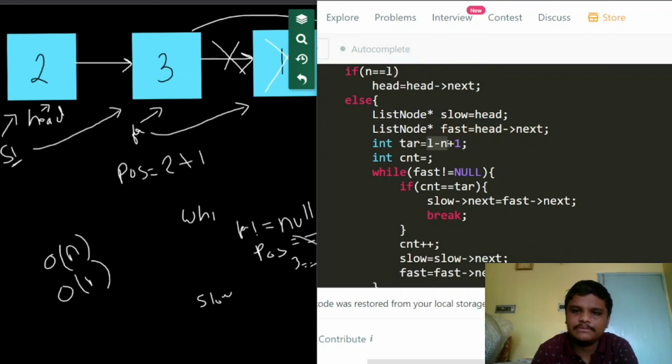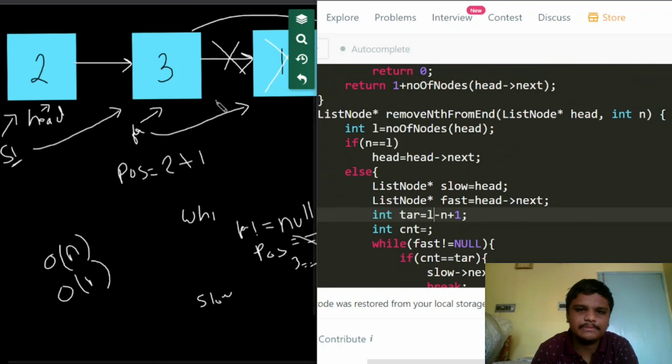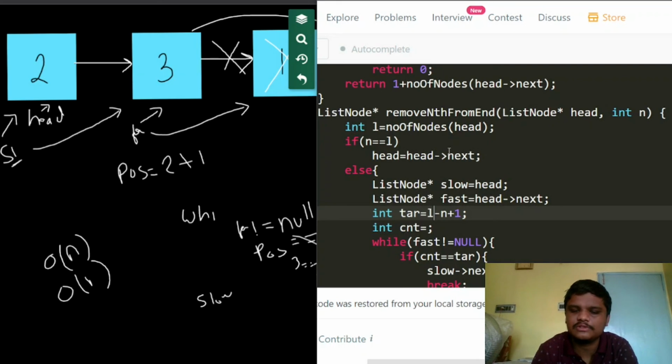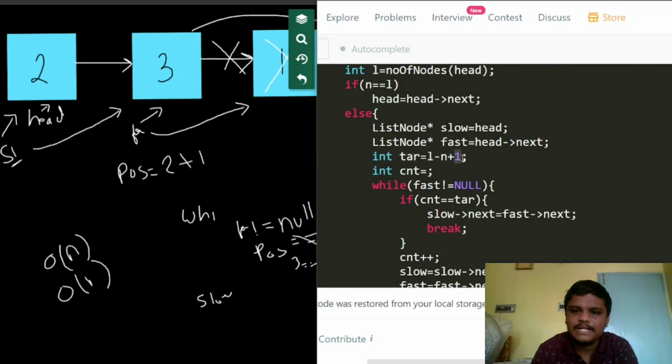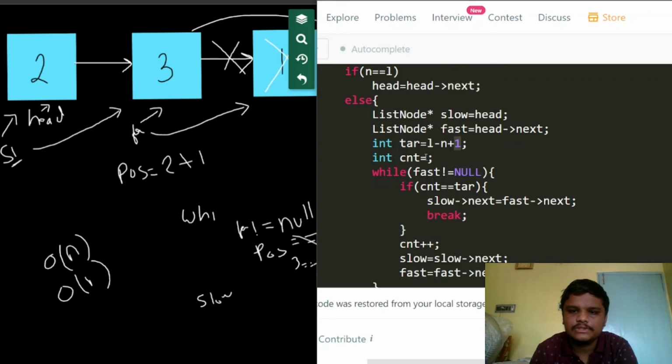Now our target element will be L minus n plus 1, where L is the length of the total list and n is the parameter passed to the function. Then we increment 1 to it, so currently our count will be 2.